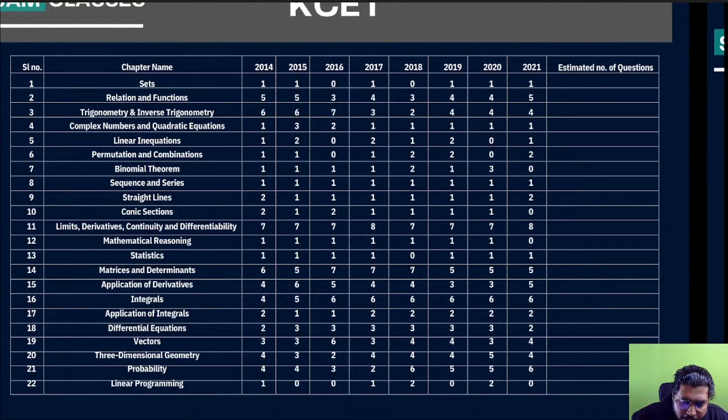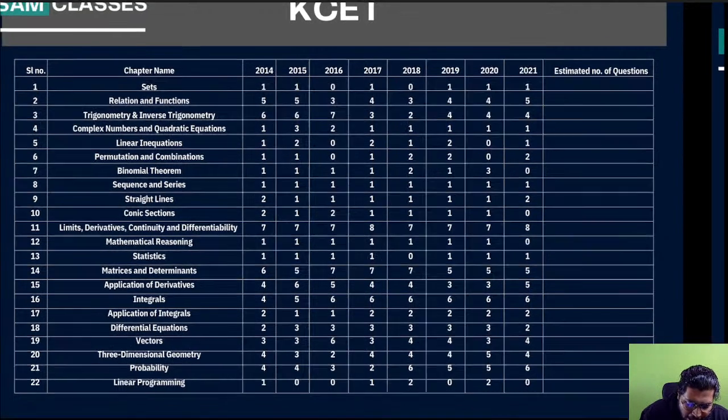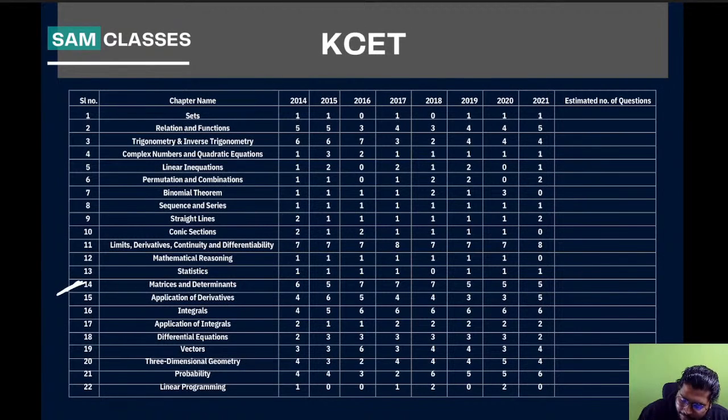So mark this chapter important. Take out a pen and paper, okay, so that you can sit along with that, write it. This chapter, matrices and determinant, very easy, and it will help you to score 5 to 7 marks. Clear, everyone? Any doubt?